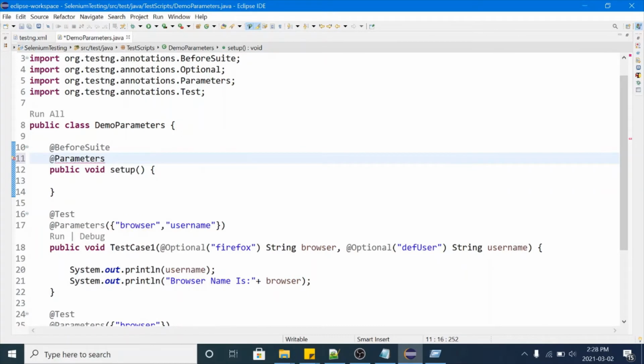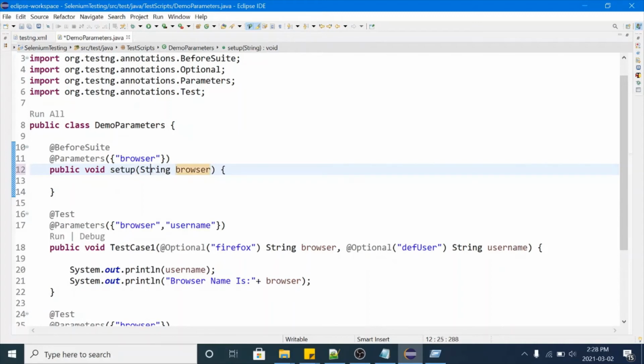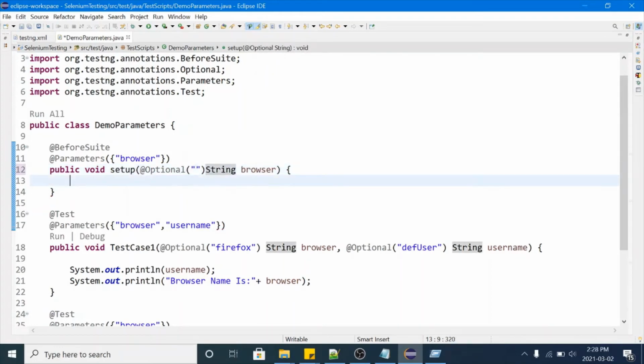Parameters, and in this you will write browser, and you need to write here String browser, and use Optional to pass the default value. I will pass the default value as Firefox, or you can pass any other value, like I can pass Edge browser.